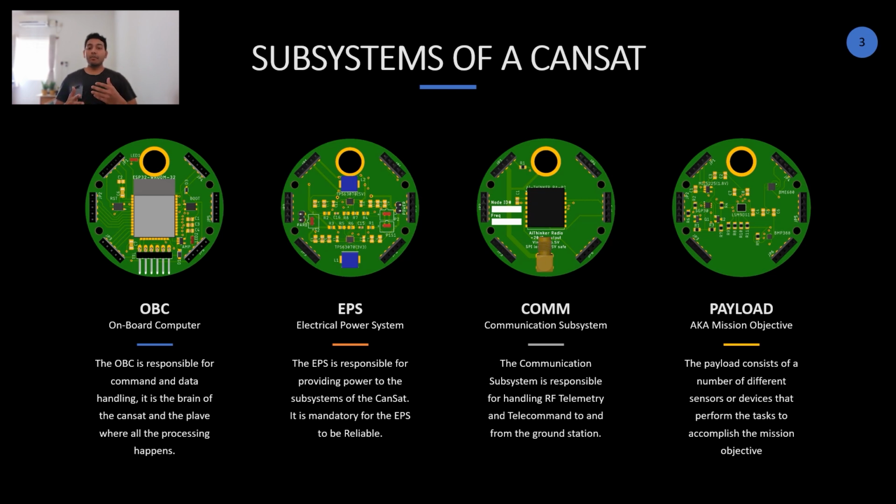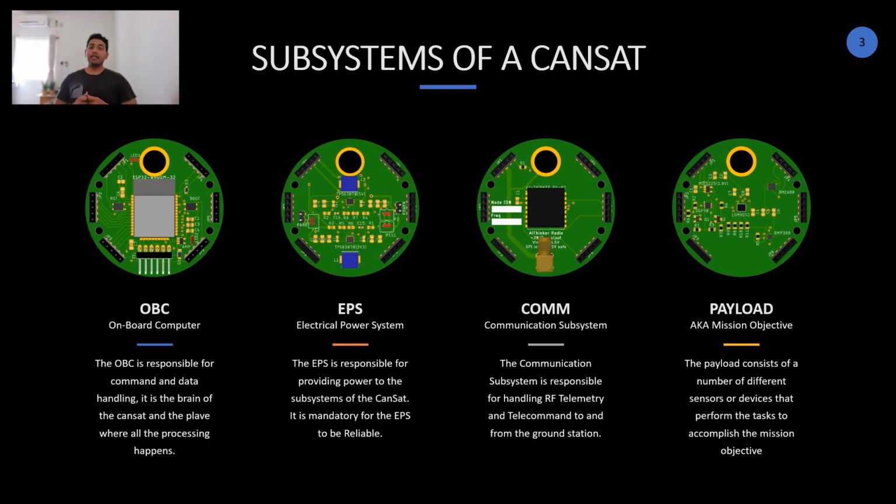But the telemetry, on the other hand, is used for sending data to the ground, say data that you acquired from your sensors, say images taken from a camera on your CANSAT. You can use telemetry to send that down to ground. You can send temperatures, the pressure value, the humidity value, and any other thing that your sensor is capable of supporting. Even your GPS coordinates can be sent using telemetry, and your communication module is responsible for making that possible, because the communication module is where the RF link is established. It produces radio frequencies and modulates these frequencies with the data that you provide from your onboard computer to your communication module.